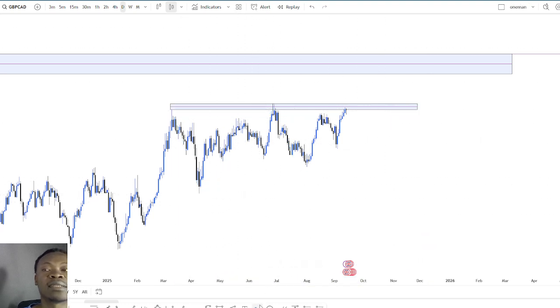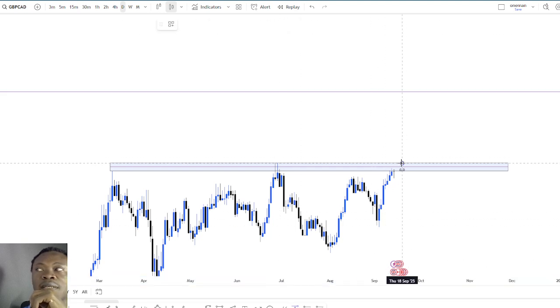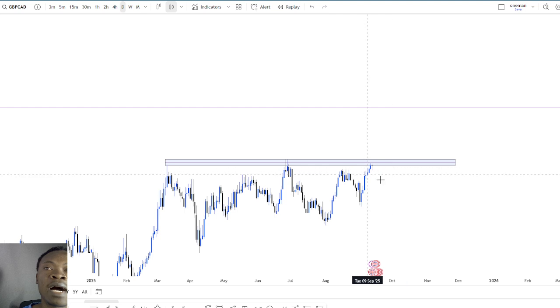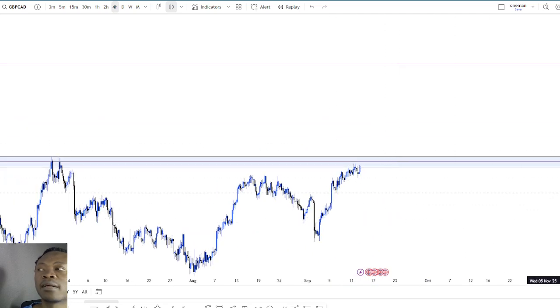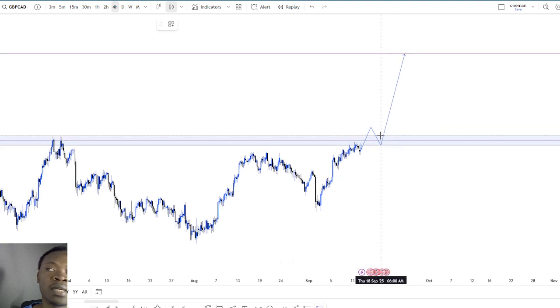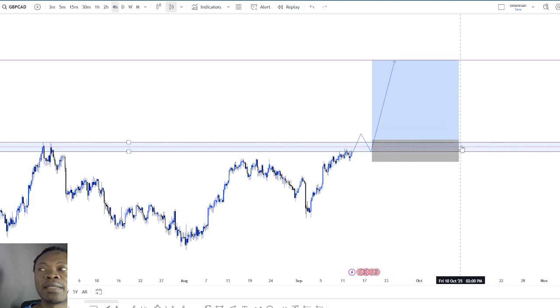So this indicates that this sell area now is not strong, and at any moment in time we are going to break above this level and then start heading towards this immediate level, which is almost 500 pips. So on GBPCAD, all we have to do on the 4-hour is to wait for the break of this level. And once we had a perfect break of this level, we should have a break, retest, then we continue. So on GBPAUD, we are looking for buying opportunities above this zone with targets all the way to the upside,